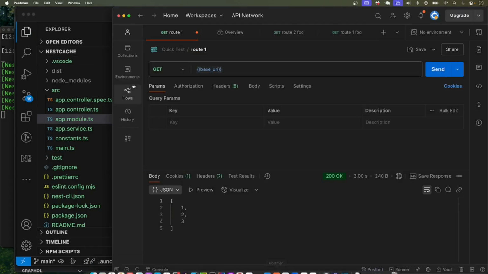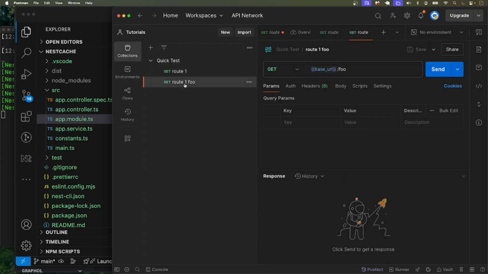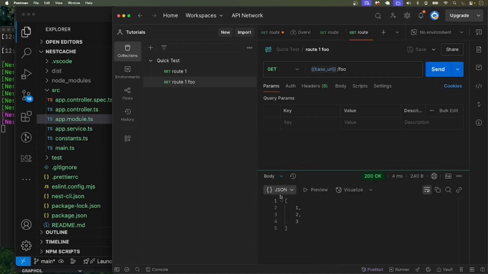Before I apply this, actually, let me demonstrate the other. Let me show the other endpoint where we don't have the caching in place. Remember that I have two endpoints in the controller, and that this one doesn't make use of cache. If I send the request, it's going to take 3 seconds. And if I send it again, it will take,